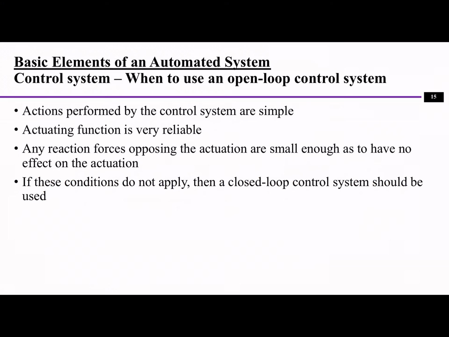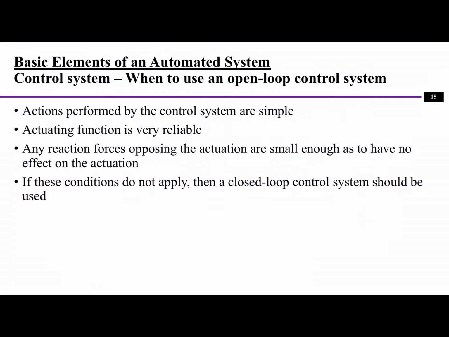And when do we use an open loop control system? Usually, those kinds of systems should be used when the process is very simple, as I mentioned before, and also very reliable, right? Because it will not stop by itself. It will not change its value by itself. So if something happened,